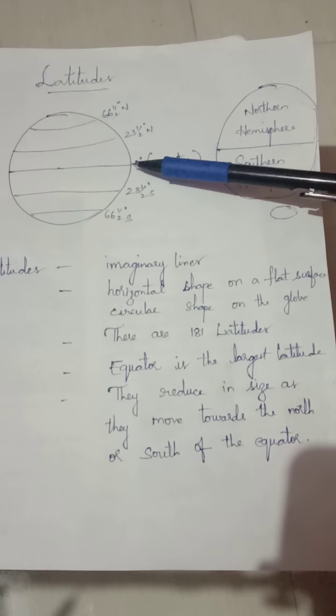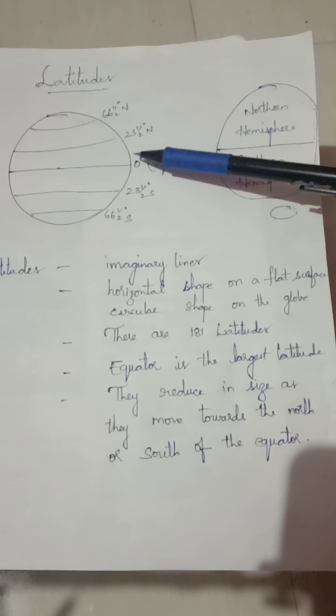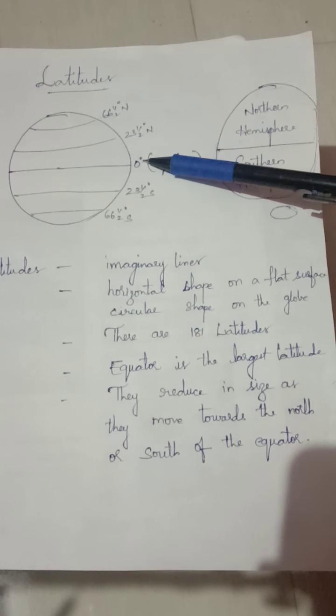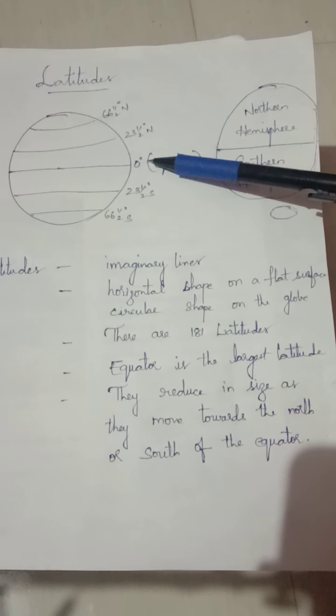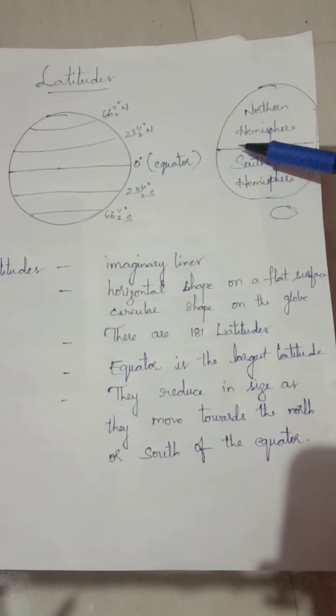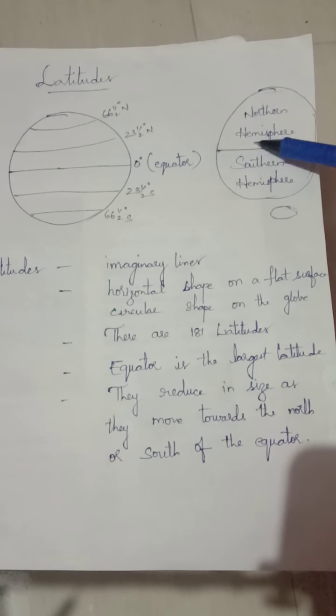So the most important line of latitude is equator, and the degree of the equator is 0, and it is placed exactly at the center of the sphere. This equator divides the earth into two halves called hemisphere. Why we call it as hemisphere? Because hemi indicates half. This line of equator is dividing the earth into half sphere, so we call it as